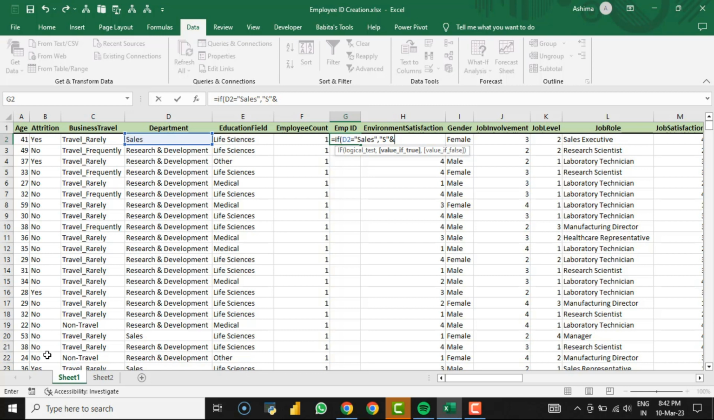Now I have to count the values, right? So I'll be writing here COUNTIF, then the range from D2 to D2, because the first value is D2 and the second one is again D2. And the criteria is the value should be sales in this. If the value is sales, then count, otherwise don't count, right? So bracket close, and then